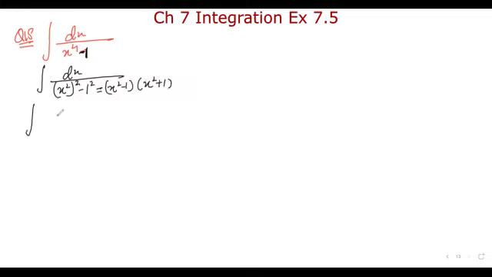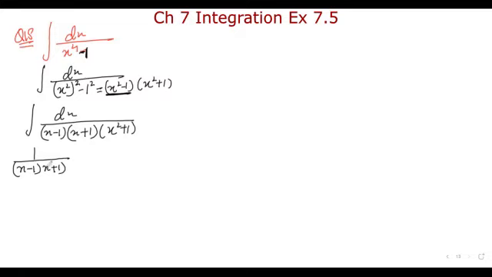So, this can be written as dx upon x minus 1. X square minus 1 I am writing again as x minus 1, x plus 1, and x square plus 1, like this. So this is the product of three factors. So here partial fraction we will be taking as 1 upon x minus 1, x plus 1 and x square plus 1. So here the partial fraction is A upon first factor, B upon second factor, plus C upon